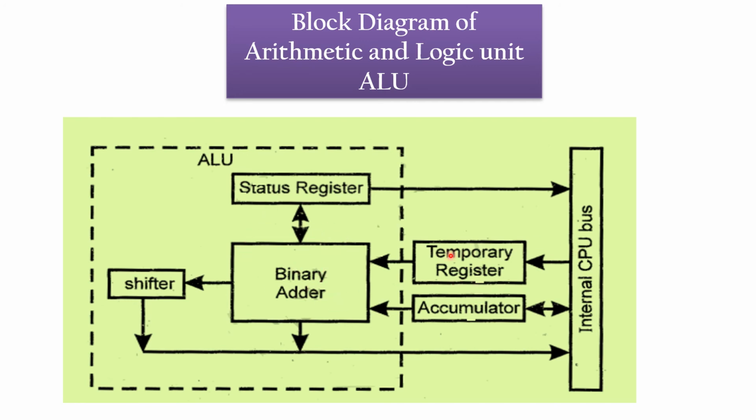See, data comes from here, one data. For addition we require 2 data. So one data is stored in the temporary register and another data is in the accumulator. Whenever you are performing any logical or arithmetic operation, one data will always be in the accumulator. We got the data, the addition takes place, and the result is again stored in the accumulator. So here the addition or subtraction takes place and the result is stored in the accumulator.